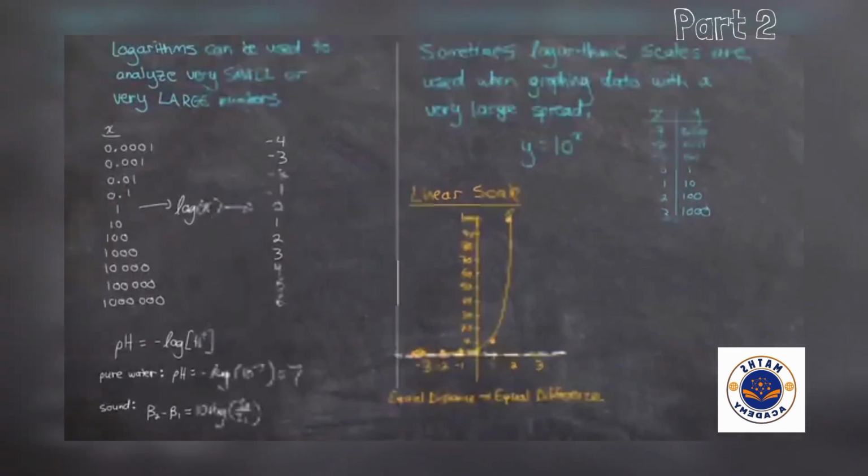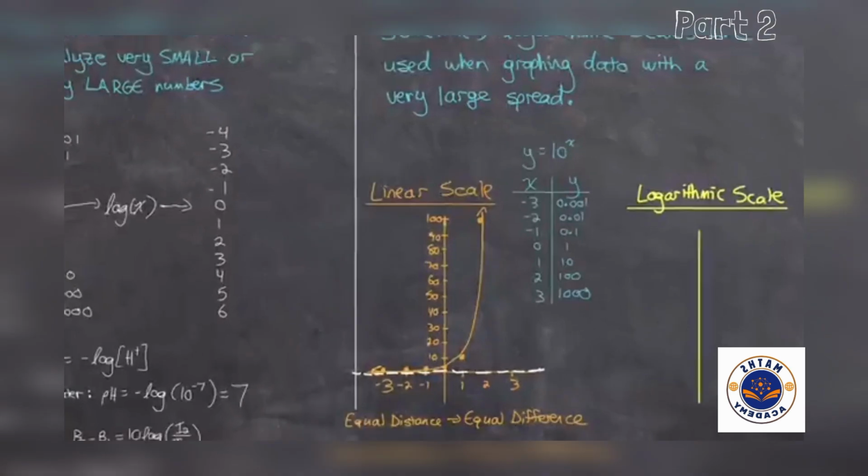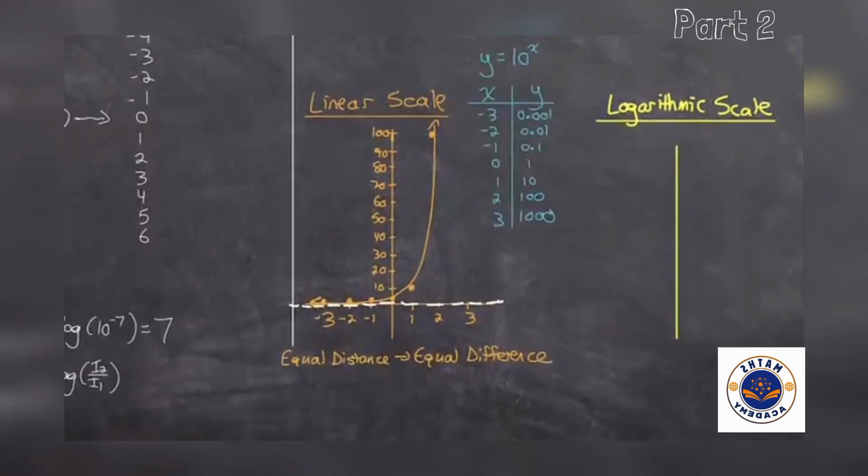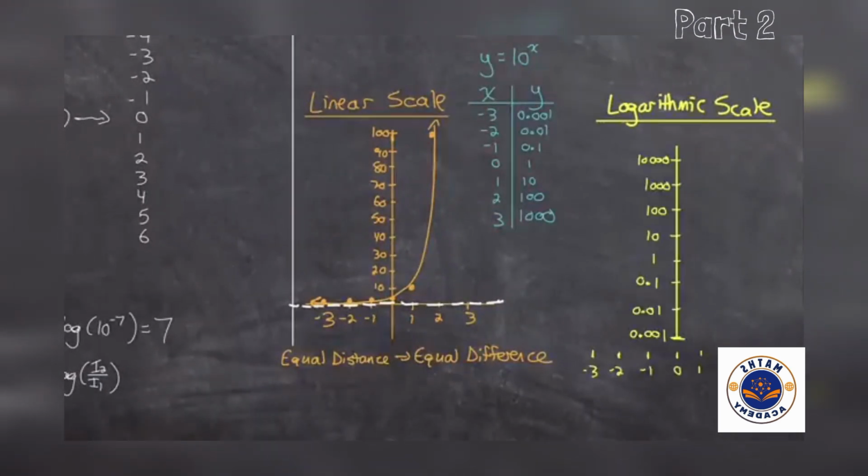So let me make some room and do another graph. Now let me zoom in and label some points on here. So this logarithmic scale I made, there's a few things I want to point out. First of all, pairs of points that are an equal distance apart, like 1 and 10, or 100 and 1,000,